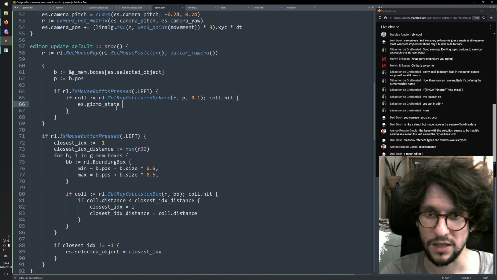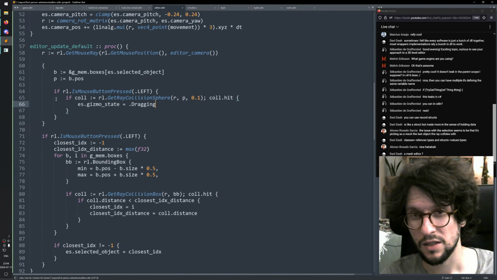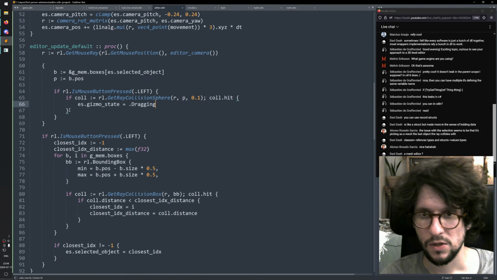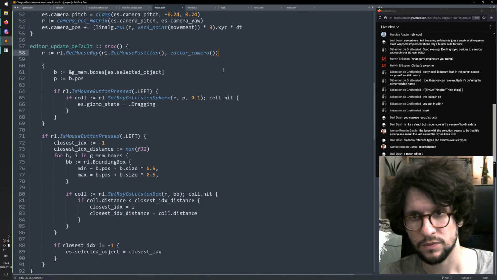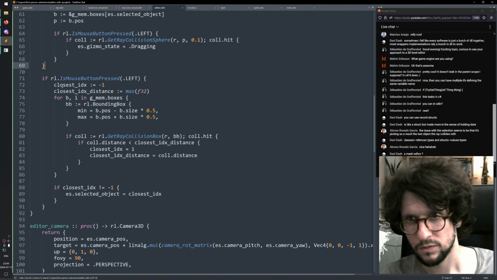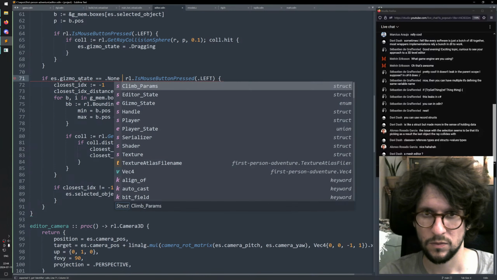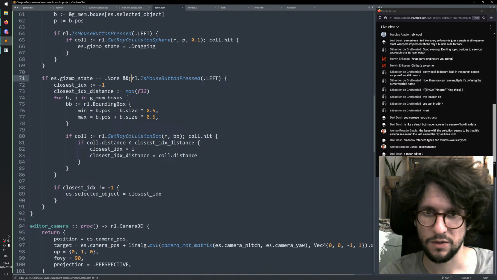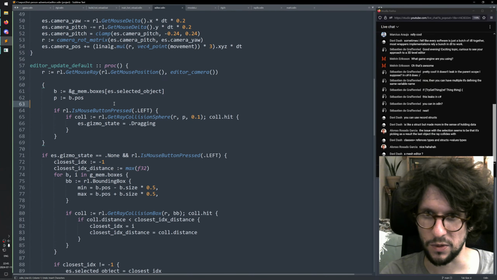Then we say that es.gizmo state is dot dragging. So if we're not in any gizmo state, and we're down here, then we are allowed to click things. If we end up in a dragging state here, we will do something like